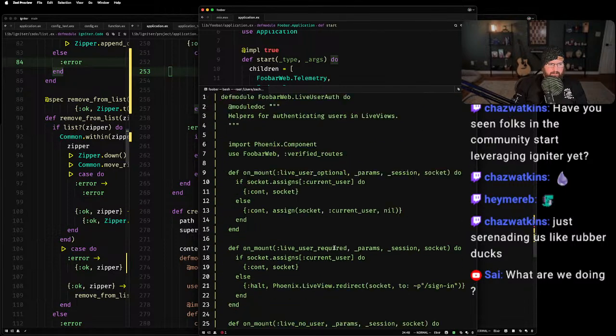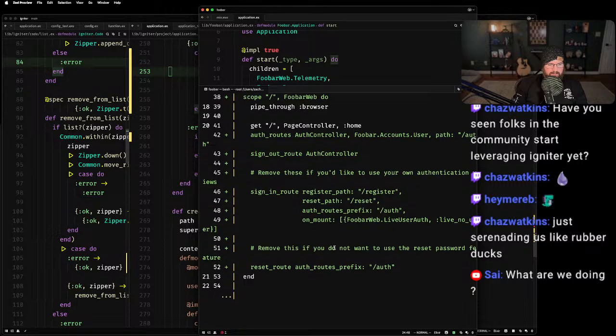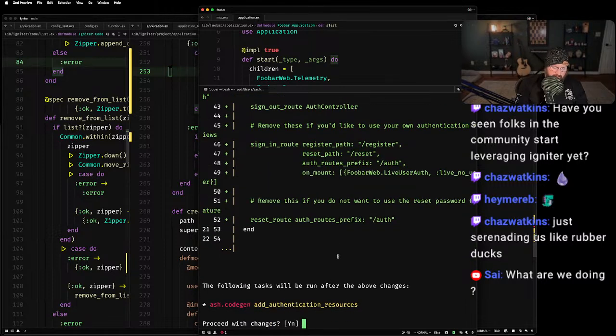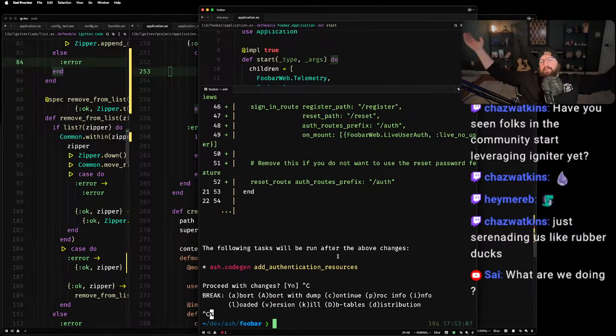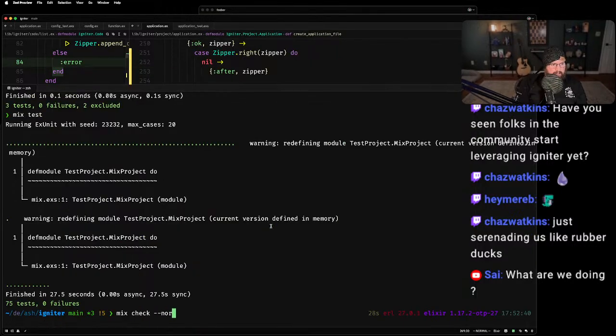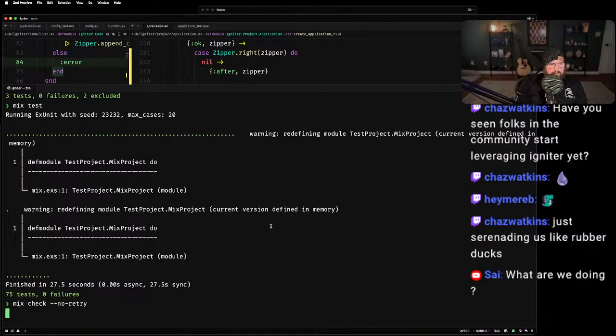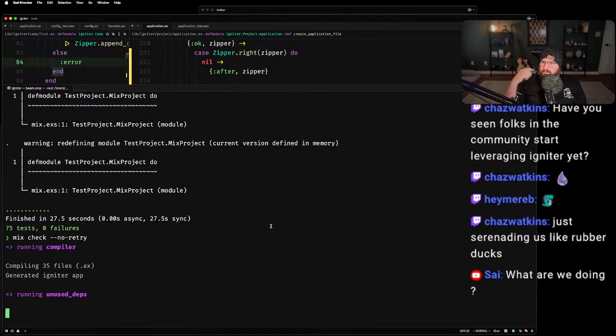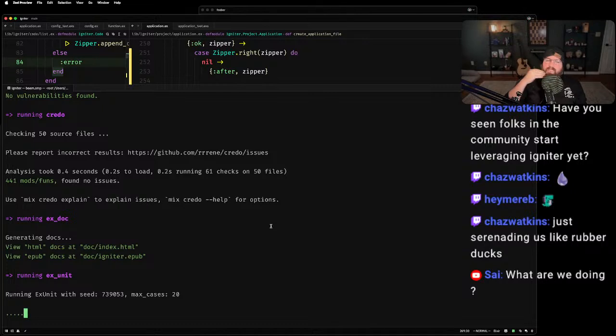Well, that's gonna have to be all she wrote for today. Didn't get to do a single fun or exciting thing, and this is what it's like to be a framework and library maintainer. There's a lot of time fixing stupid crap, not nearly enough time doing the fun stuff. It is what it is. All right, let's make sure that this thing passes. Then I'll publish a fixed version of Igniter, and we'll call it a day.